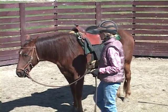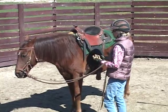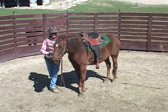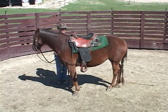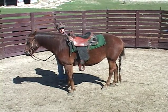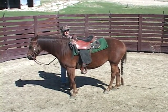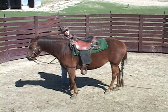So some of the things I've been trying to do, because she didn't know how to raise her back, right off the bat. I'll go out and get on the other side. Couple things I've been doing to teach her to open up her back and how to flex it up. When I first did them, she didn't respond at all. She wasn't comfortable. But through doing these things, she started learning how to lift her back. That will help strengthen the top line. It'll also teach her that she can lift her back, and in turn and in time learn to lift me and carry me as well,